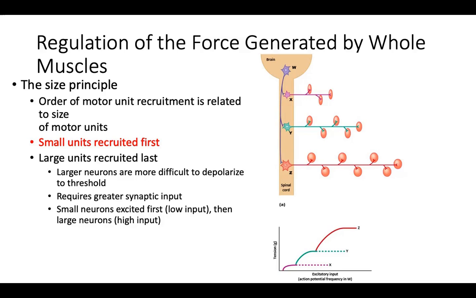It's more efficient for the body to call on a smaller motor unit that is easier to depolarize because the neuron is smaller. It's attached to a smaller number of fibers, right? This smaller motor unit only has 3 fibers attached. As we can see, the fibers here are smaller. The soma of this neuron will be smaller. The axon of this neuron will be smaller. So it's just more efficient for the body to recruit this one first. And if we need more force, we recruit a slightly larger one. If we need more force, we recruit a slightly larger one, et cetera, and recruit the very largest motor units